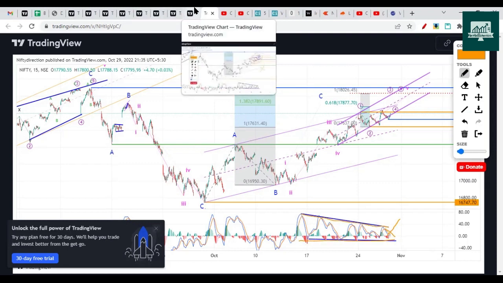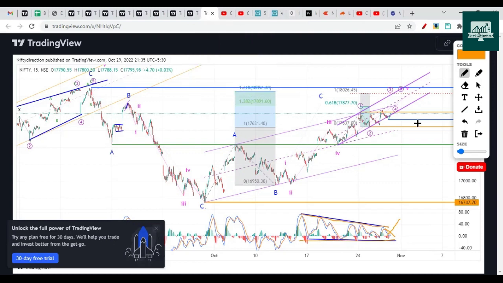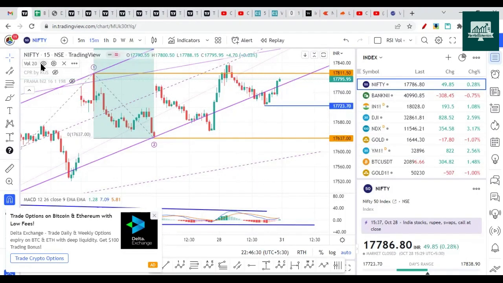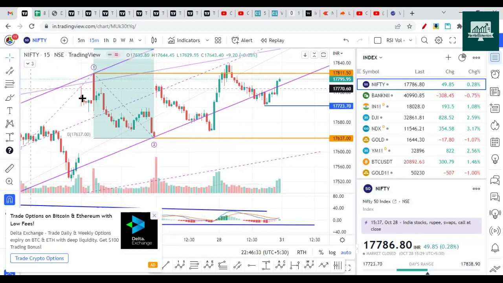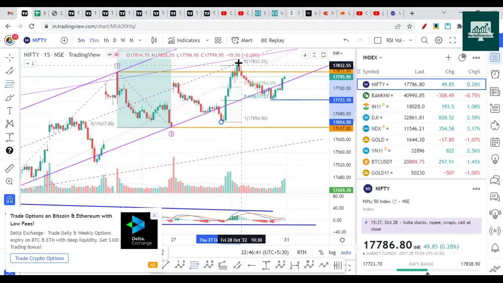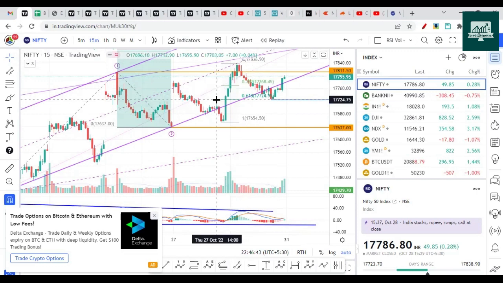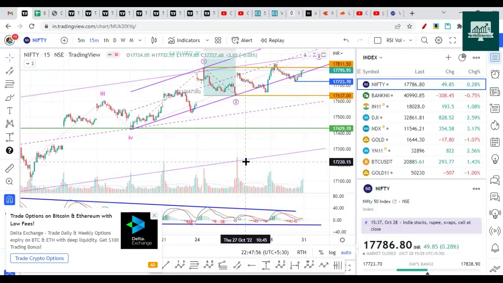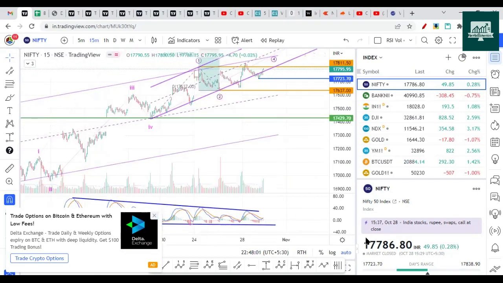In the analysis which I shared on Friday before the closing, I mentioned that Nifty would again go on the upside because it has given the rally in the last month. Again, here there was good volume, and we could see that it has taken support on the 0.600 Fibonacci. So whenever the 0.600 Fibonacci is not broken, the trend is strong. I'm not expecting selling immediately in the next session. Either on Tuesday or on Wednesday, we can see the top being made. So we have to be careful.